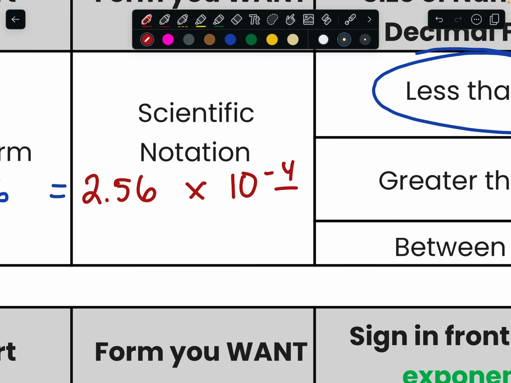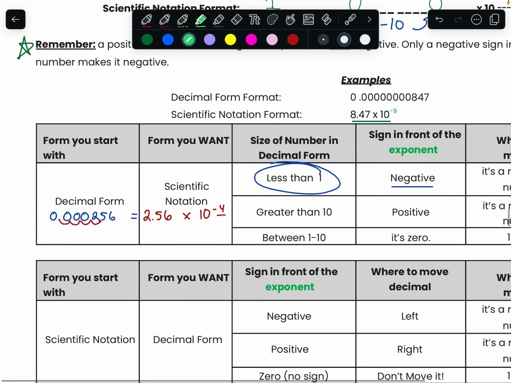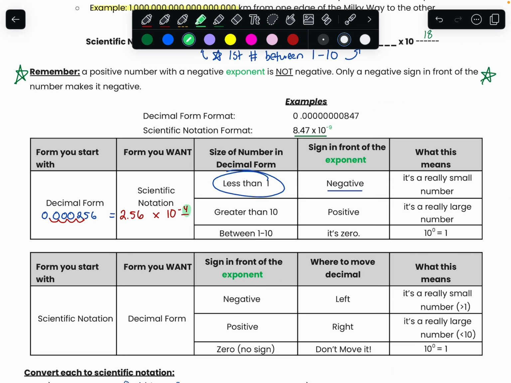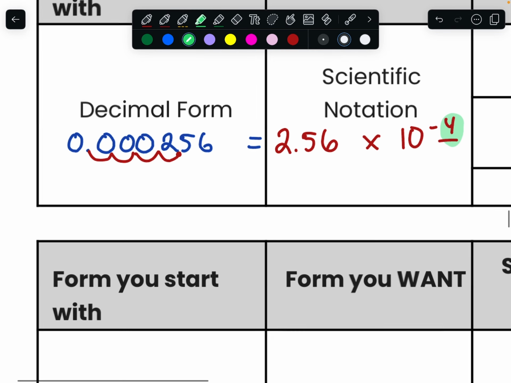So that exponent number up here is telling us how many decimal places we had to move over. Notice how this number is not negative, it's just to the negative power. And this is a really small number, so that's what that means. Let's go the other way. So let's say I give you a big number,